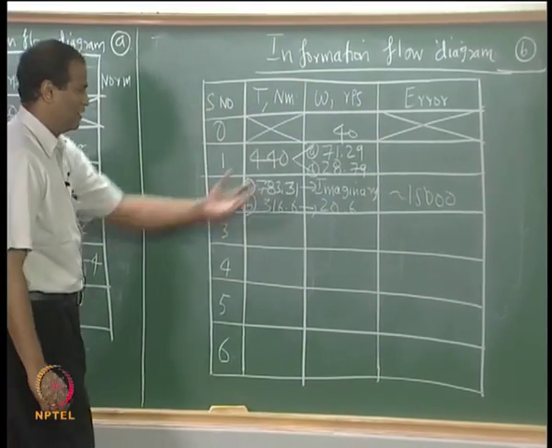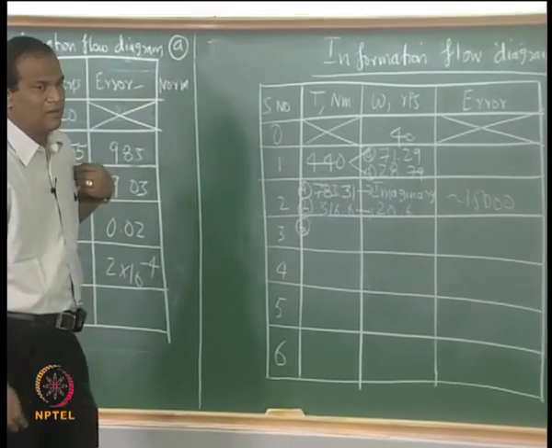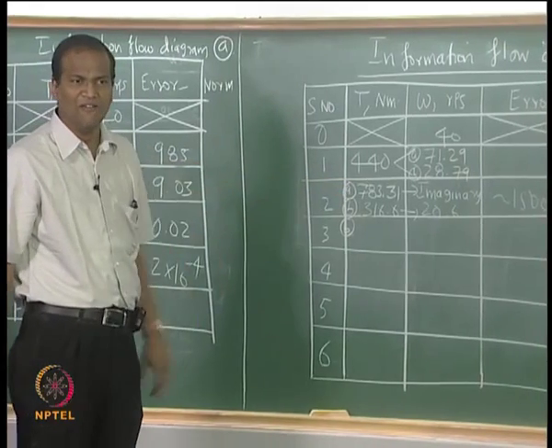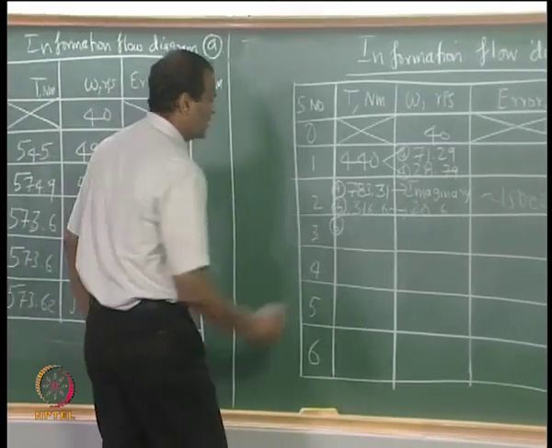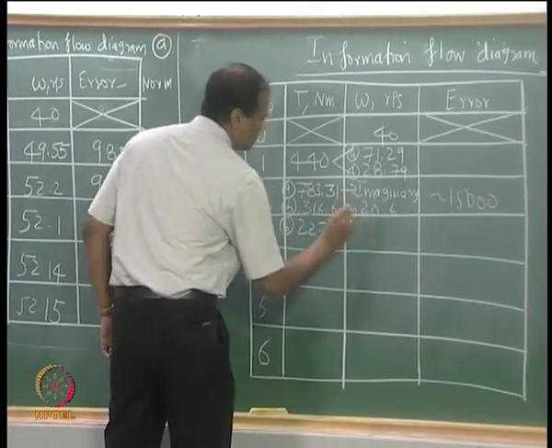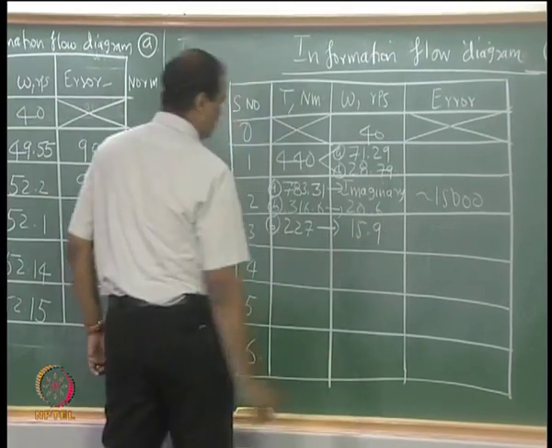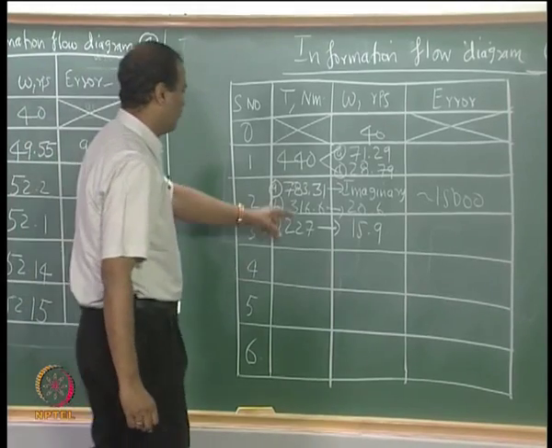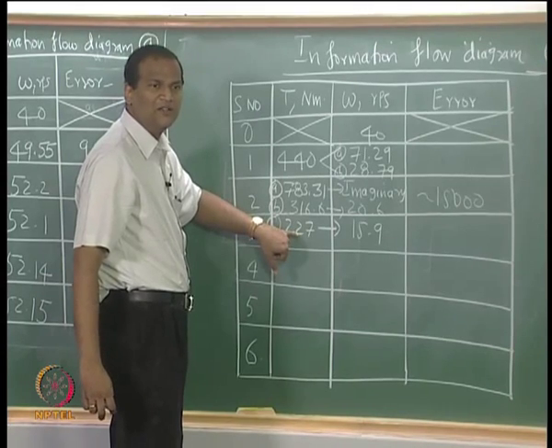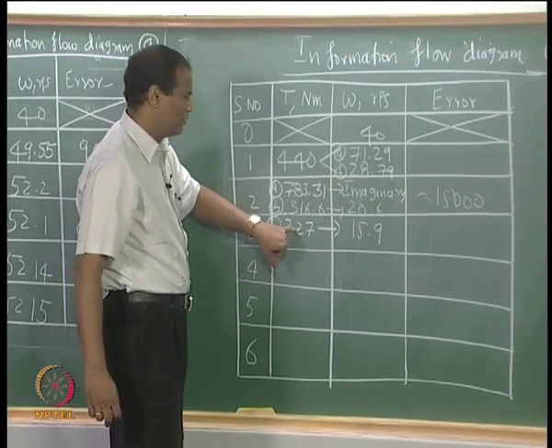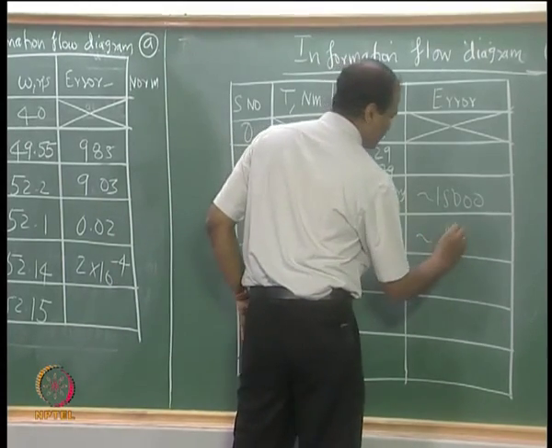Okay, so 15,000. Now using this 20.6, use the B. Now you do 20.6 into 11, right? 223, is it? 227, good. So from 227, good, 15.9. Now you can find out, right? 316 minus 227, this is about 90. 90 whole square is how much? 8,100. Okay, 8,100 plus 25, about 8,000, but still it's large.